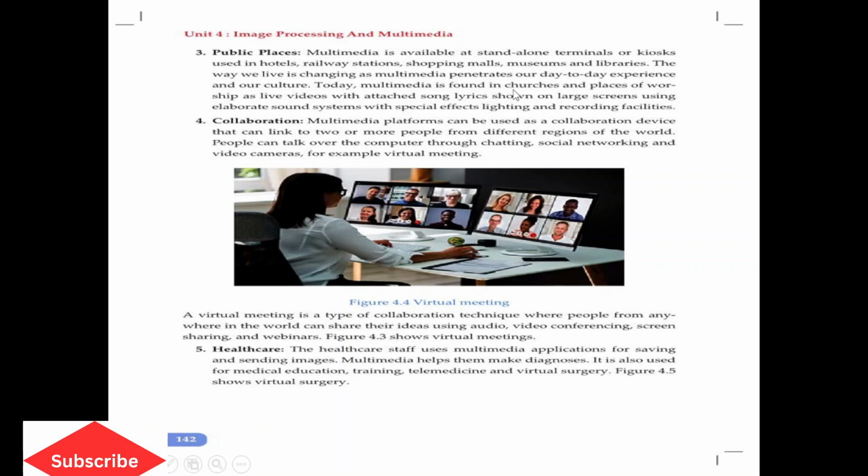Multimedia is found in churches and places of worship and in live videos. Nowadays, thanks to technology, we use it in a variety of areas. Using video with attached song lyrics, it is possible to display them on large screens using elaborate sound systems with special effects, lighting and recording facilities. Therefore, it's also possible to use multimedia, computers or related digital devices with multimedia files